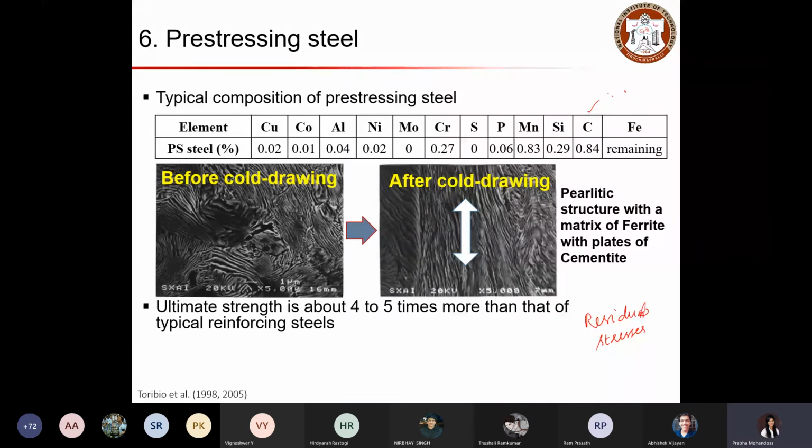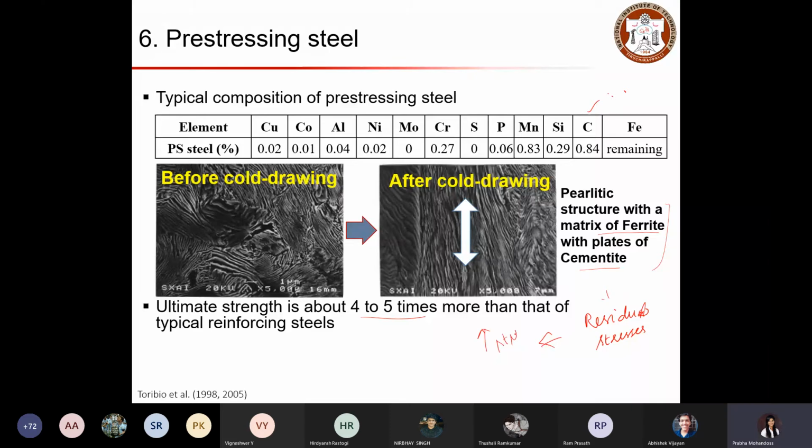So ultimate strength would range about 4 to 5 times that of the typical conventional rebars. So after this processing, your structure will become like this, which has a matrix of ferrite with the plates of cementite. All right. So you don't need to look in detail at these microstructural things, but the point to note is that because of the cold drawing process, your structure gets changed, and that leads to some amount of residual stress to enhance the strength,